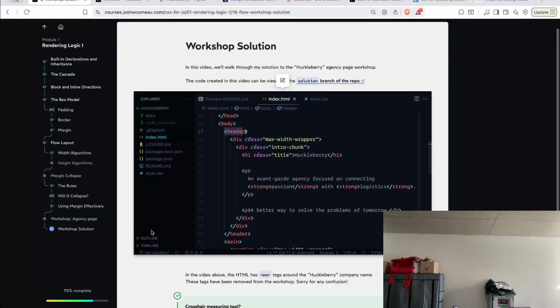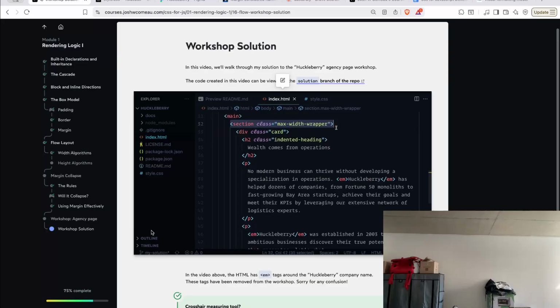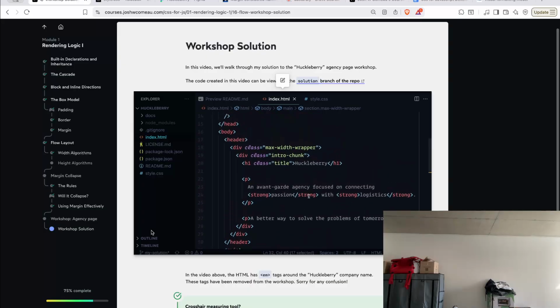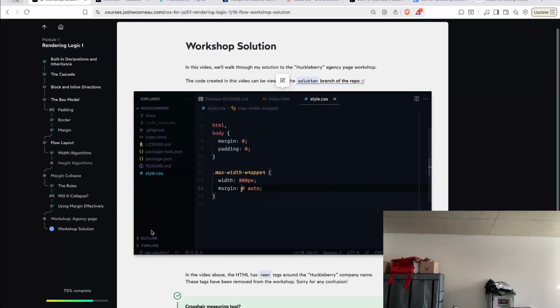I could do it on the header, or I could do it on the max width wrapper, but I don't want to do that because I have another max width wrapper below, and I want them to focus on the max width wrapping and not have a bunch of other random styles there. But actually, I'm going to put it on this div class intro chunk. I want these styles to be as close to the content that they wrap as possible. And so I'm going to grab this intro chunk selector, and I'm going to add padding top 96 pixels and